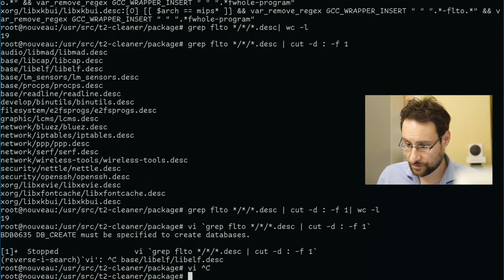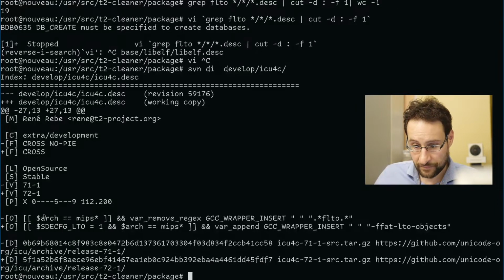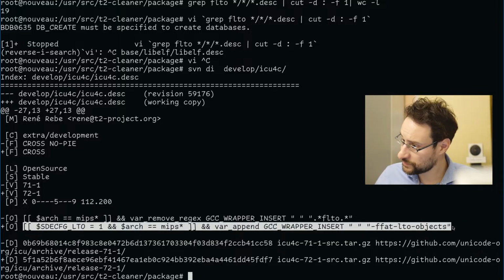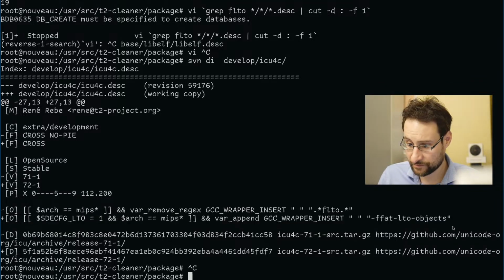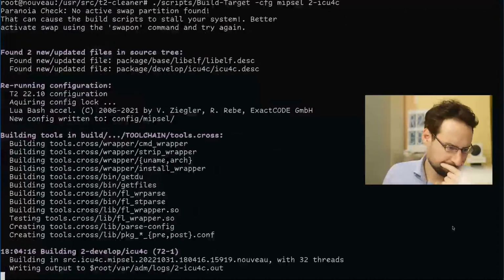So that was, which did we use here? ICU4C. And so LTO stuff, actually we should test build that once before we copy and paste it into everything. Because I think I modified that after I